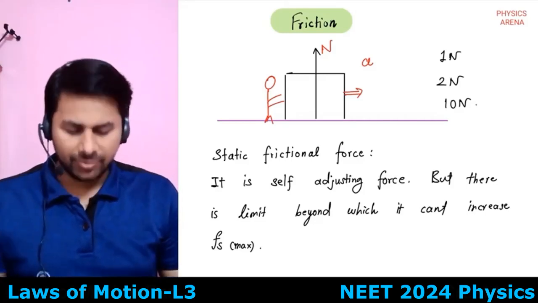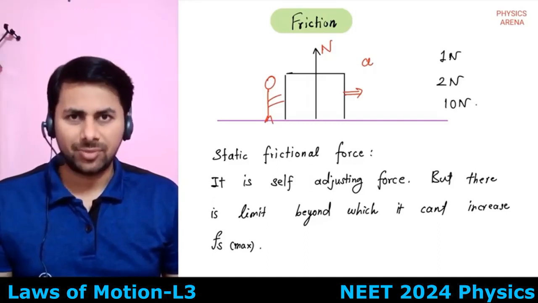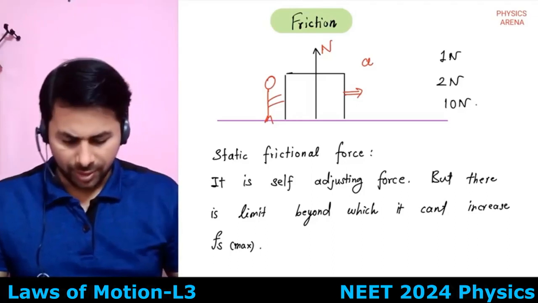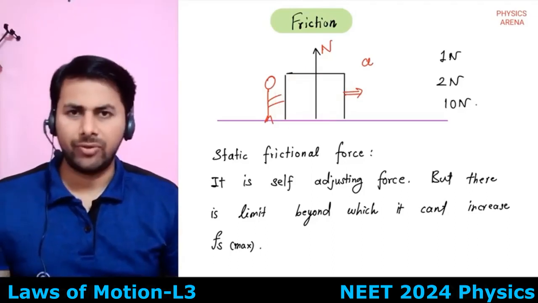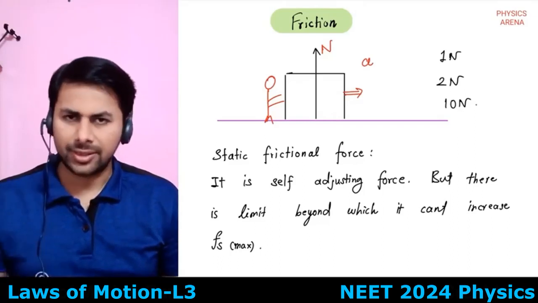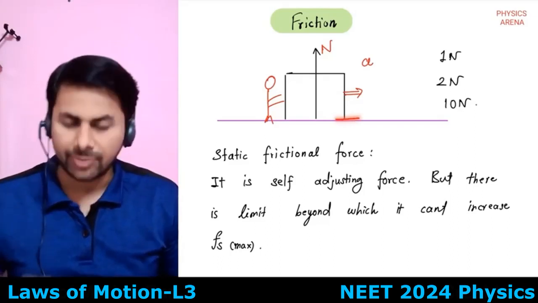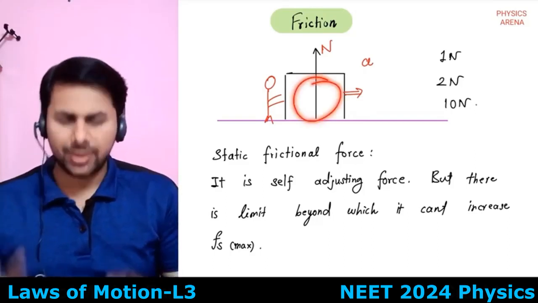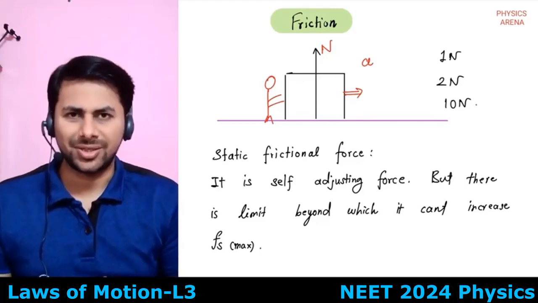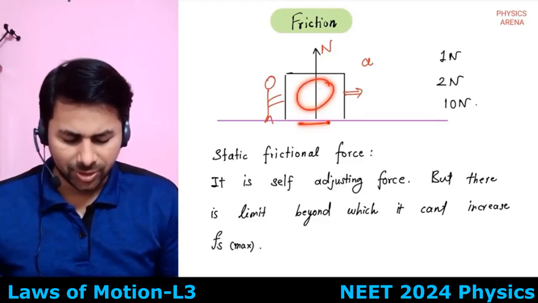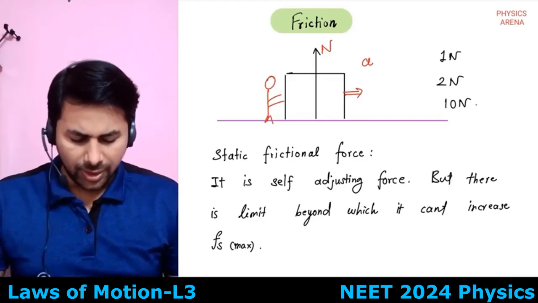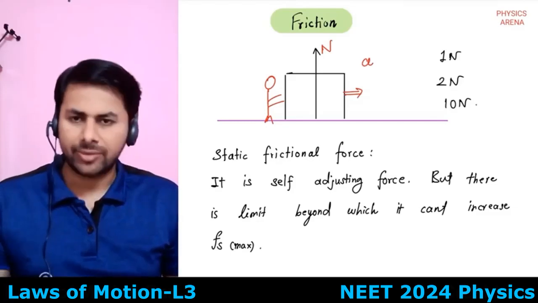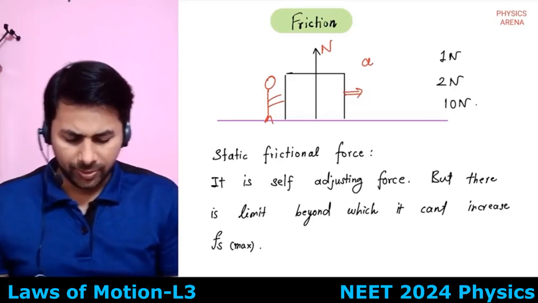So that maximum value of the opposing force or the frictional force, it is known as the limiting value. Now from this, what can we infer? That there is some opposing force which we call the frictional force, the static frictional force. Why static? Because it wants to keep this block steady. It doesn't want relative motion between these two bodies. So there is a static frictional force which has some maximum value,